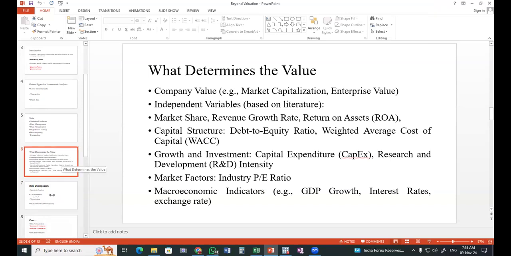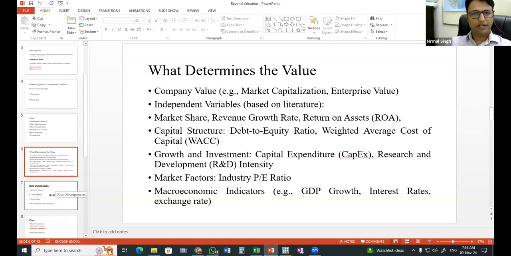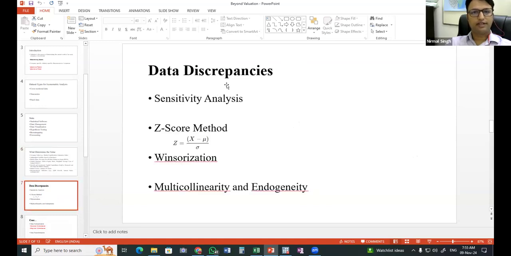Thank you. So before entering the data into any model, we need to understand some of the data discrepancies. We cannot directly pick the data and put it in, because there might be issues like outliers, or maybe multicollinearity. I will discuss this in the coming slides. If these issues are there, then putting the data directly into the model will give you results, but those will not be reliable, or statistically validating those results will not be possible, or they might give you results which are quite opposite to the theory.